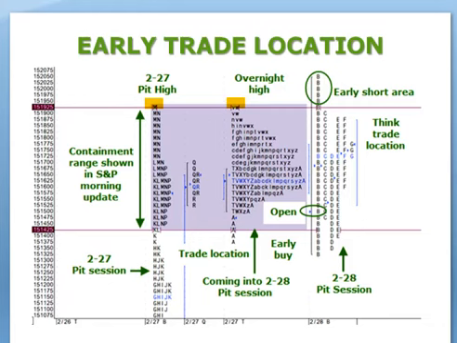Now, what happened yesterday, you see the market opened down there near the bottom, and I don't remember which order it went. I don't know if it went down first or up first, but what you'll see is on the first period, the market gave you two places for a trade. It looked both above the containment range and below the containment range, or the short-term balance.